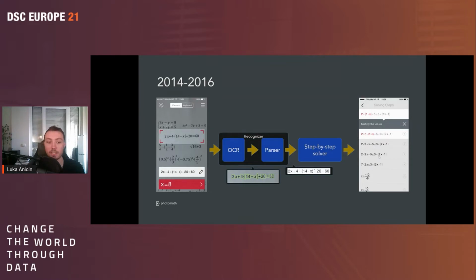For example, based on the coordinates of these bounding boxes, if one character was above and after the other, we would select that to be a power of 2 or not a constant. So that's basically how the parser worked. And it was working, as I said, fine, but we needed something more robust